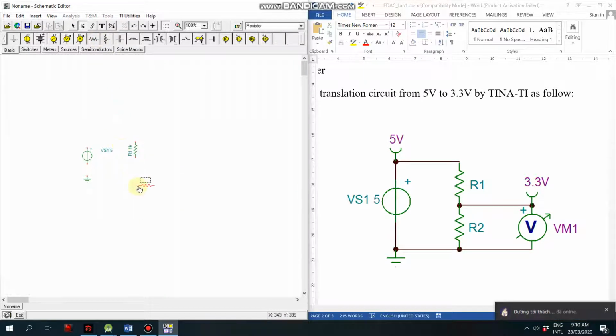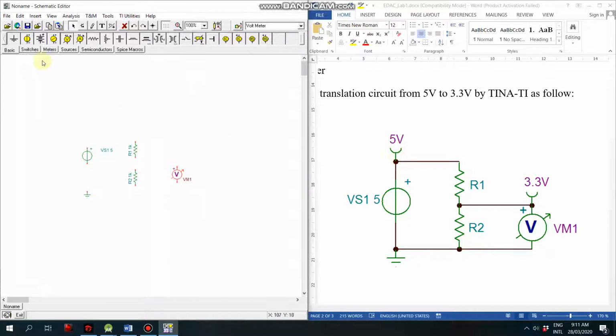We have another one, right click, rotate, and we can put it here. We also have a voltage meter, which we put here. And the last component is a kind of